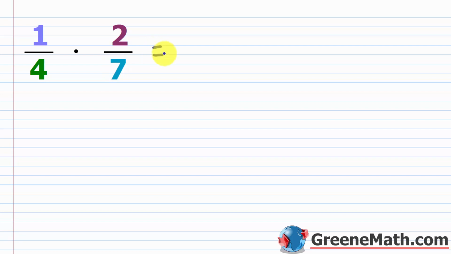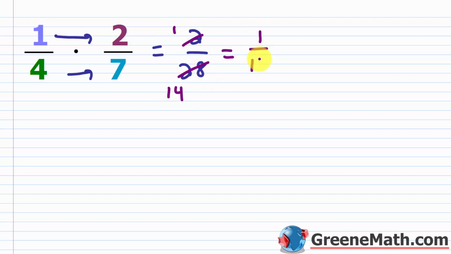Well, basically what we could do is multiply across. So 1 times 2 is 2, and then 4 times 7 is 28. So basically numerator times numerator over denominator times denominator. But the problem with this is it's quite inefficient, right? If we just do this without trying to cancel anything, we end up with an unsimplified fraction. So we have to take the extra step now of simplifying, and basically you have a common factor of 2 there that you can cancel out. So 2 divided by 2 is 1, 28 divided by 2 is 14,